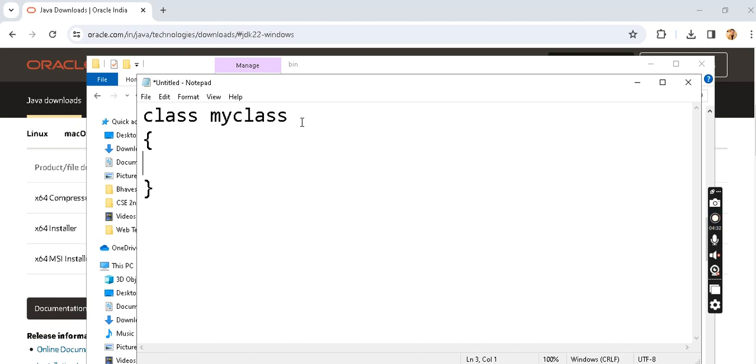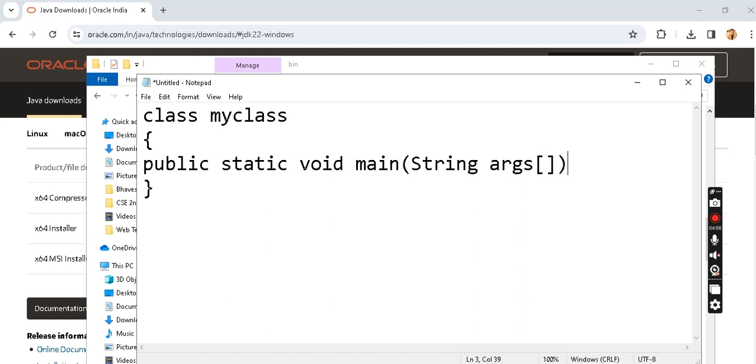We will discuss this in detail. As of now, we are just seeing how to write a program, how to save it, and how to compile it, and then how to execute it. Each and every section of this particular program will be discussed later in the next video, right? So here I am creating main. In this main